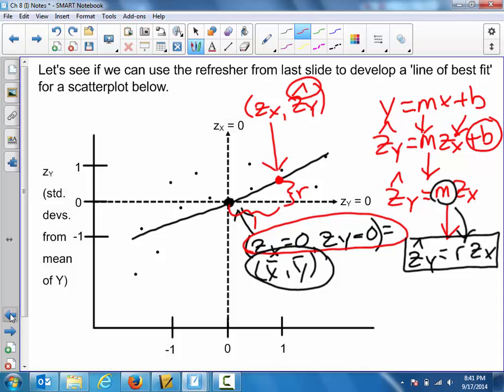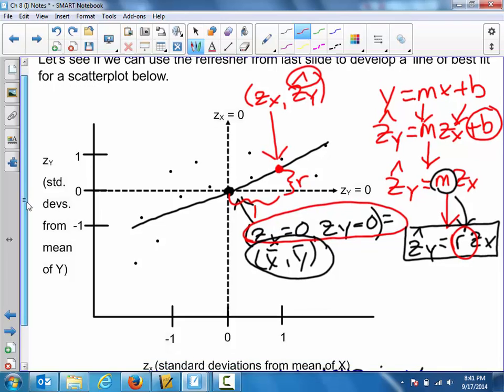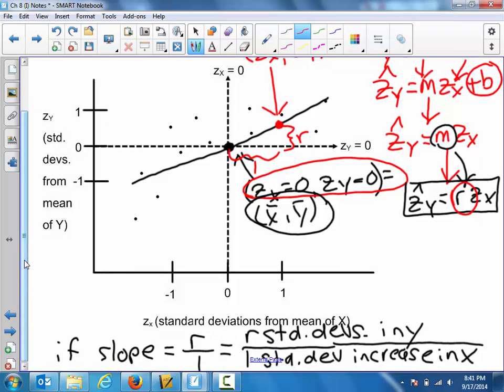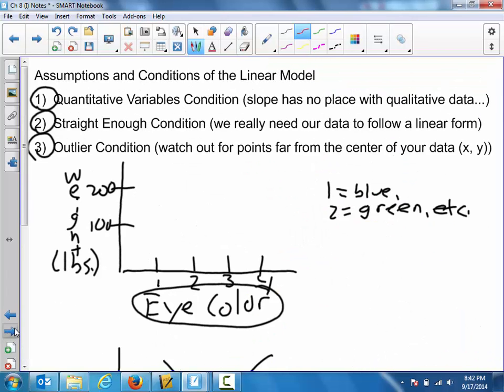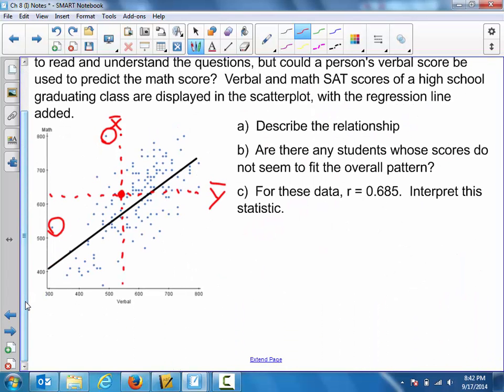And this is all based upon the fact that if you consider the data of a scatter plot in terms of z-scores, we said that the slope of the regression line, if you're looking strictly at z-scores, was just r. And that r meant that for every one standard deviation increase in x, we would see r standard deviation increases in y. So we're going to use exactly that tool right here, and we're going to say that